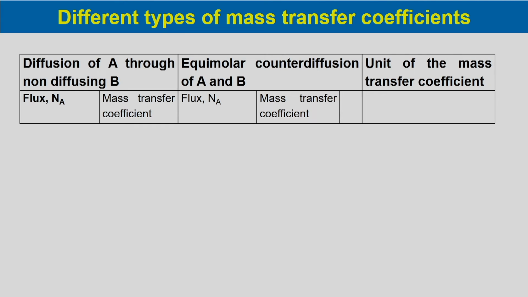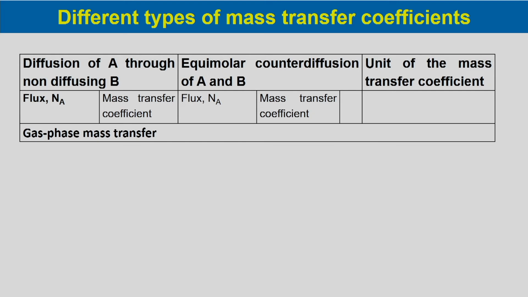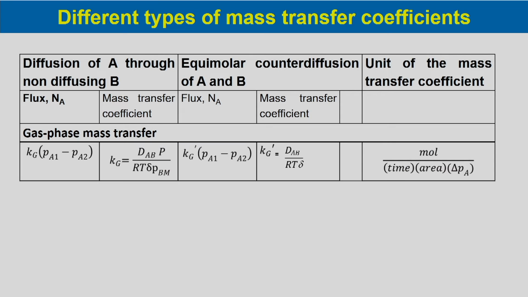Now, different types of mass transfer coefficients, as we have discussed for both diffusion of A through non-diffusing B and equimolar counter diffusion of A and B, we will summarize them in a tabular format. For gas phase mass transfer, the flux we write Kg into the partial pressure unit, say Pa1 minus Pa2, and